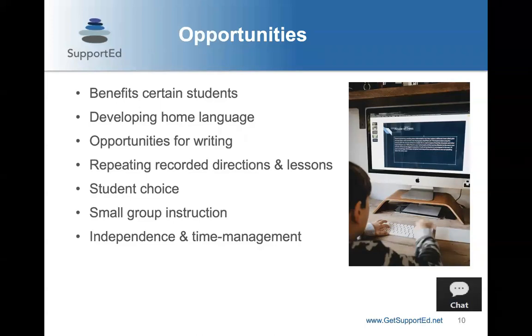So I found that even with my first grader, her teacher would record a lesson and she would watch it, and then she'd be working on the activity and she would say, I need to go back and watch a certain piece of that to hear what she said again. So we know, if it's benefiting non-ELLs, it can be really beneficial for our ELLs, right, to hear that repeated language.